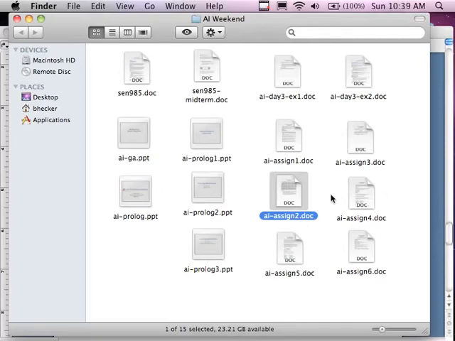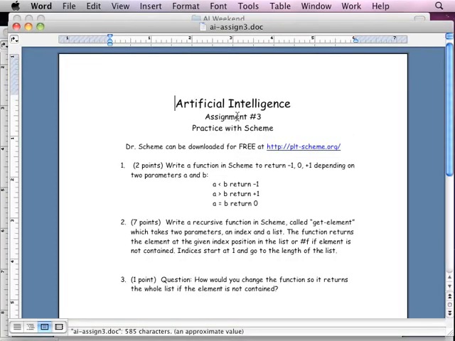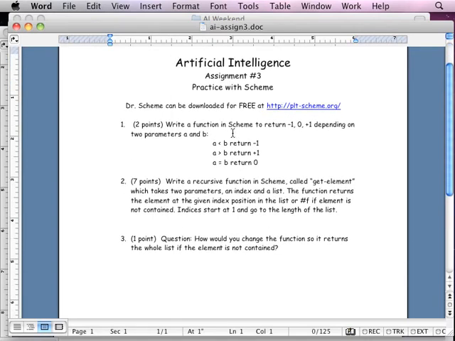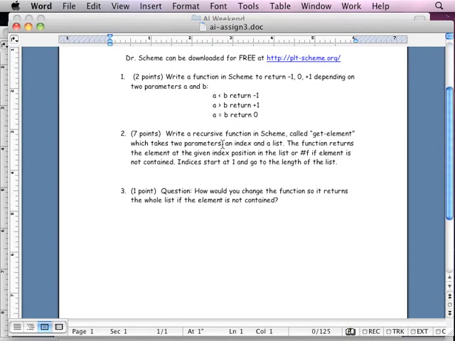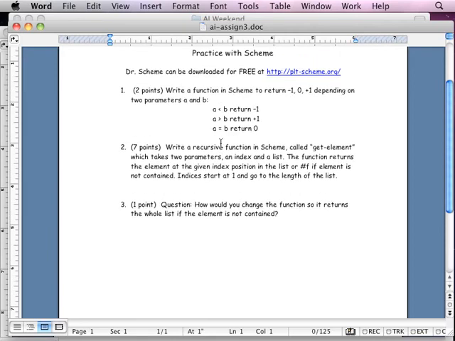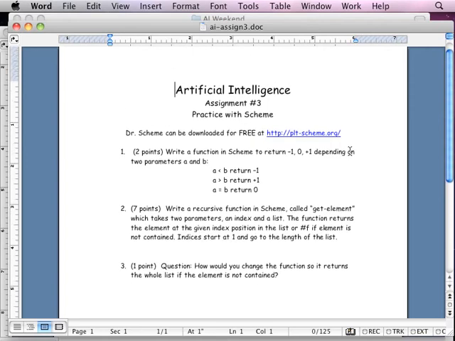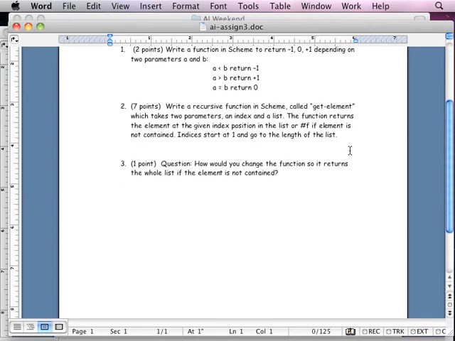Assignment number 3 is not so bad. It's on Scheme, actually, and this is the Scheme that we looked at yesterday. So some of you have actually done this assignment already because I've seen some people working on it. It's just writing 3 more Scheme functions, and it's writing a Scheme function that will return, if this is this and this, and this might actually look kind of familiar. A recursive function that gets the element. This is really assignment number 3, which is very similar to what we've done already, which was what we were working on yesterday.